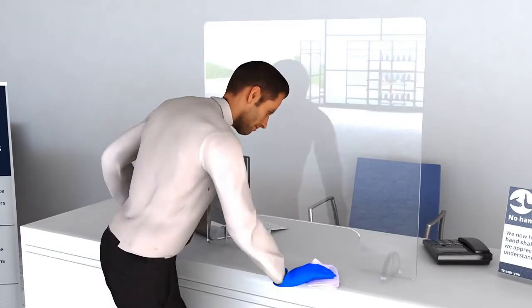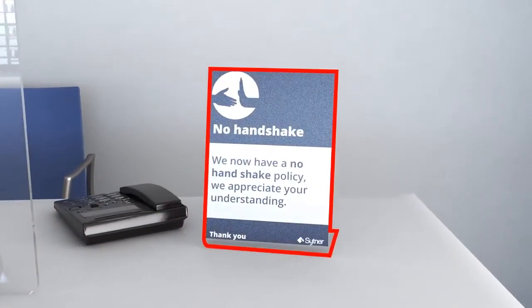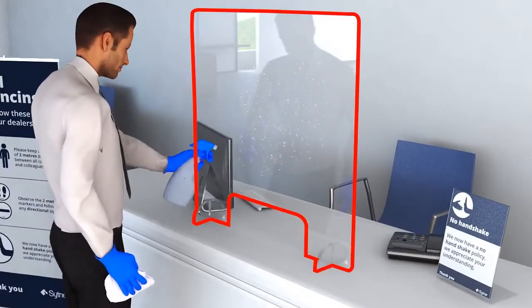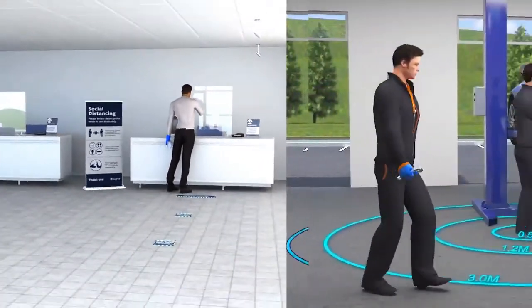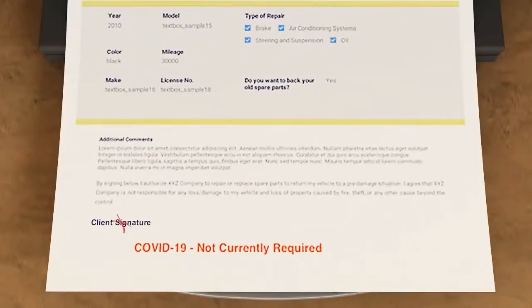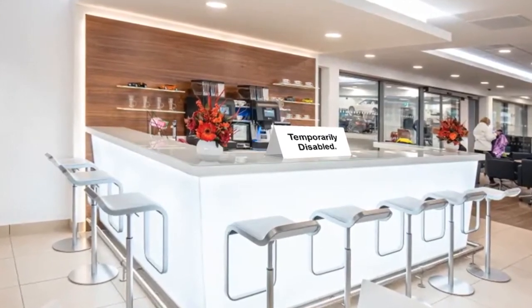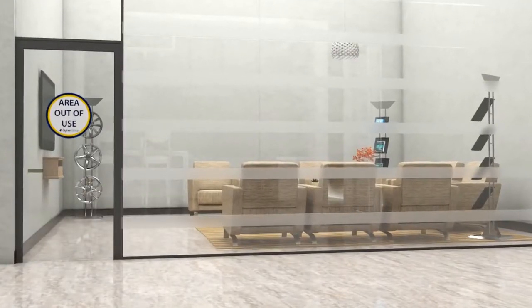As you would expect, we're increasing the cleaning of regular touchpoints at the dealer. We've introduced a no handshake rule, and things have been rearranged to increase workspace for our staff. We won't ask you to sign the repair order unless the manufacturer requires this. For now, we've temporarily suspended refreshments and closed our customer waiting area and ask that you leave the center while